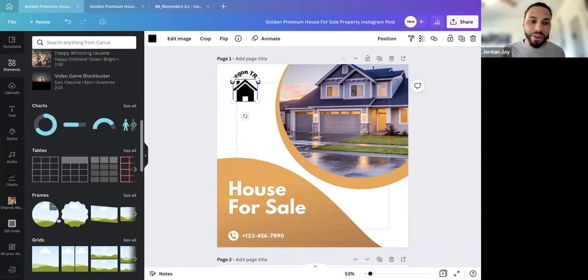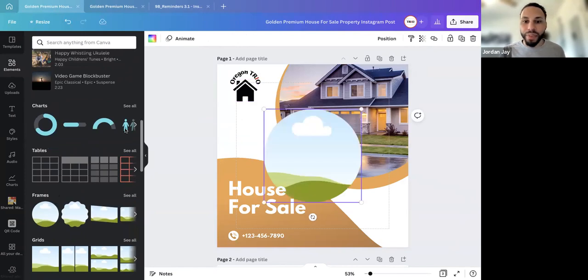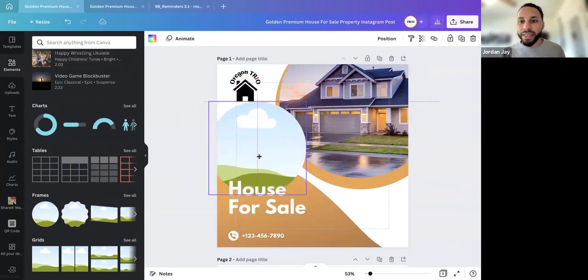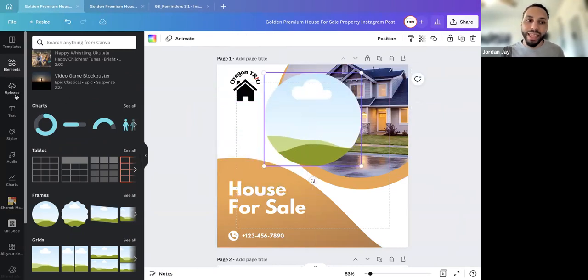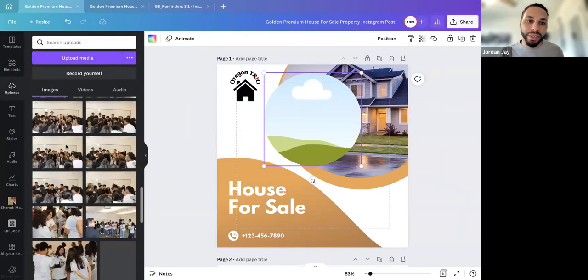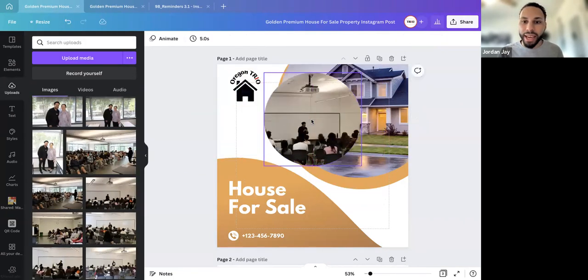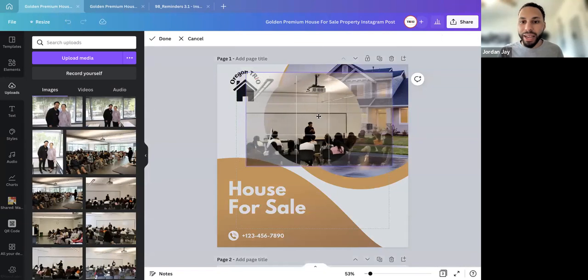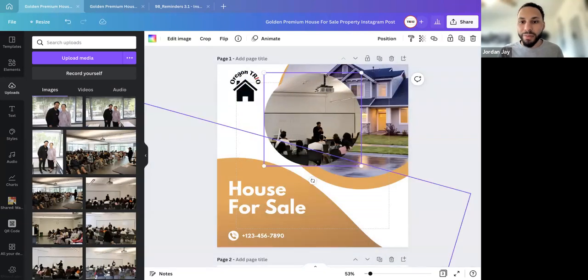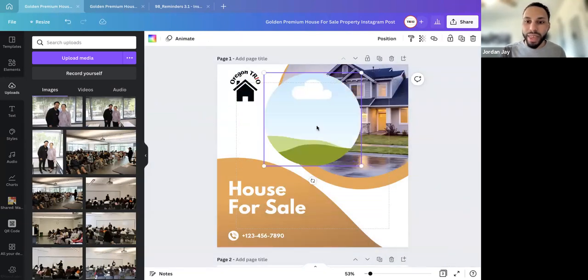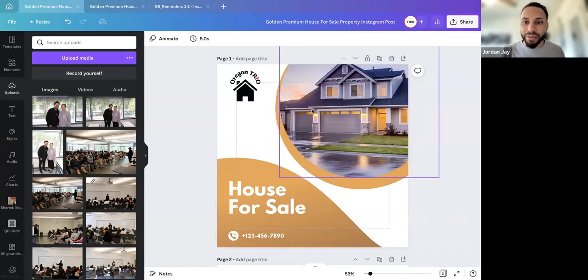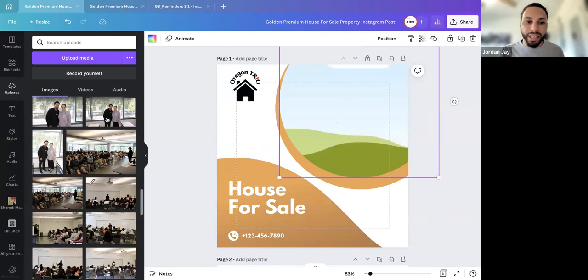I use frames quite a bit. Here you can, I think that's also what this is. I can have a frame like that. I can go to one of my uploads and I can drag it in there, and then it will automatically fit to that. So that always looks really great for creating templates. Yeah, so that one is a frame.